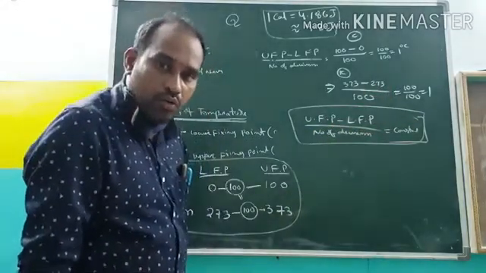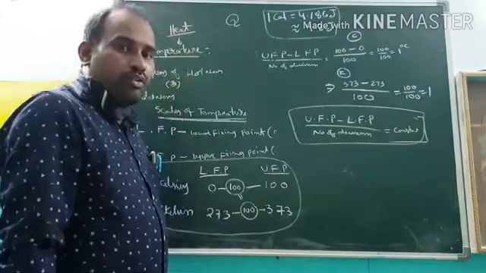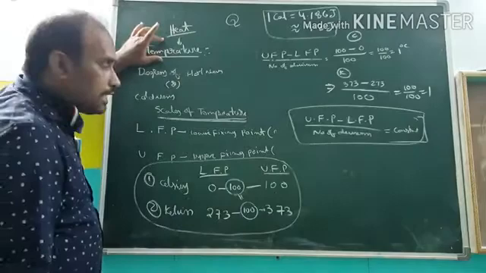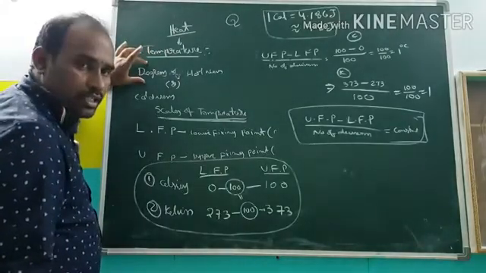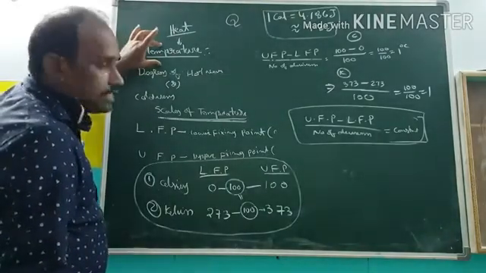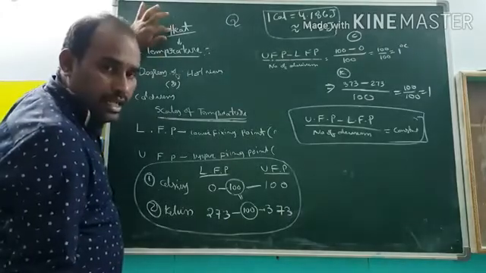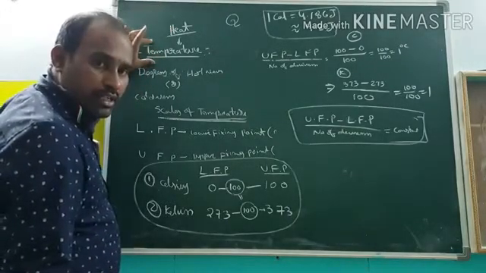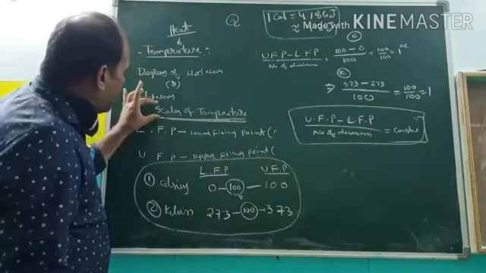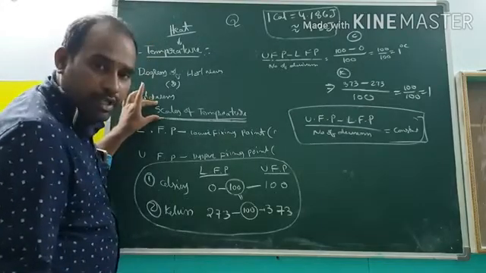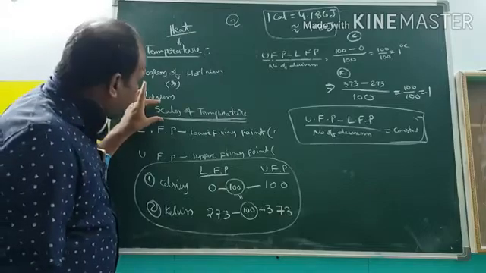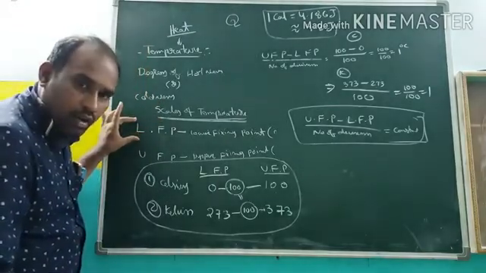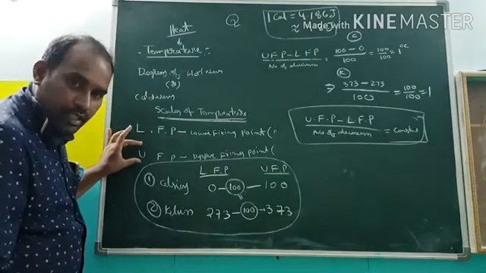Are you clear now? So, in this class, first you were introduced to temperature. Temperature is the degree of hotness or coldness. Temperature gives an indication of heat energy. How do you find the temperature? The temperature is measured by the scales of temperature. For the construction of scales of temperature, you need 2 points. What are they? The lower fixing point and the upper fixing point.